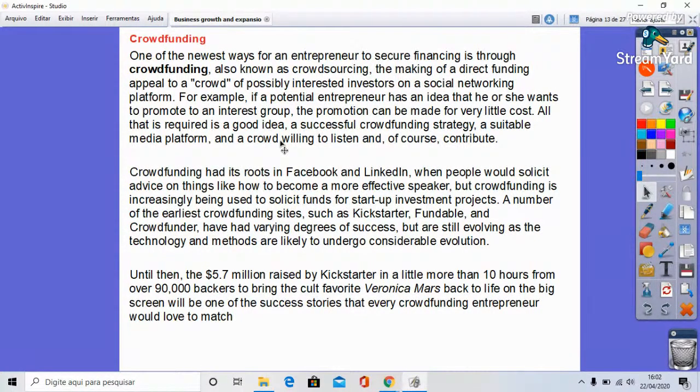Crowdfunding has its roots in Facebook and LinkedIn, where people can get advice on things like how to become a more effective speaker. But it has been used to solicit funds for startup investment projects. Okay,